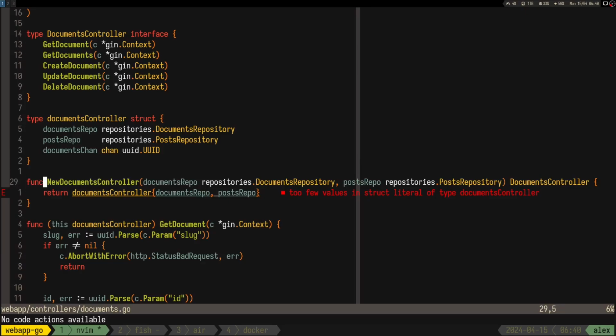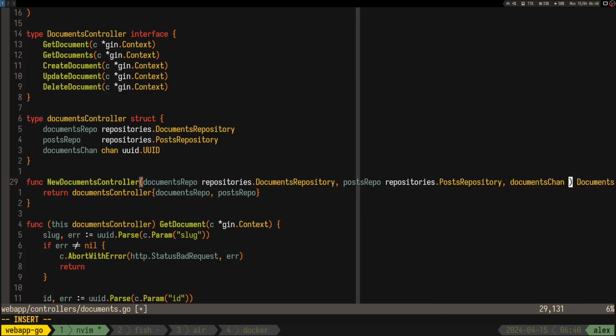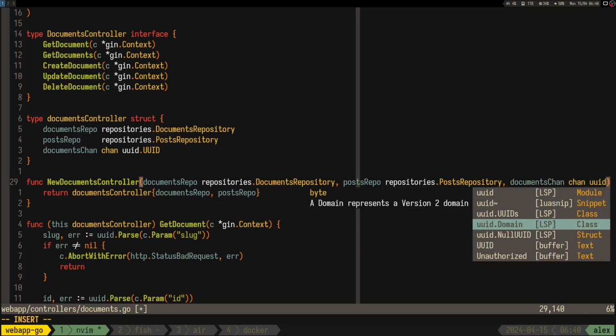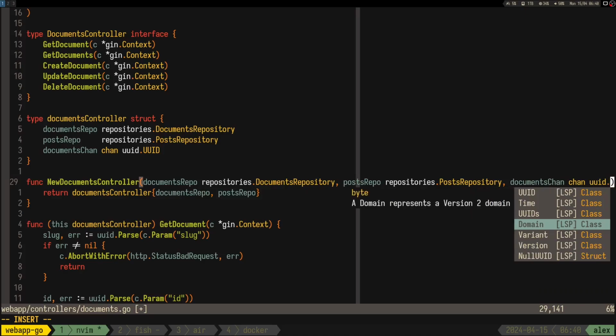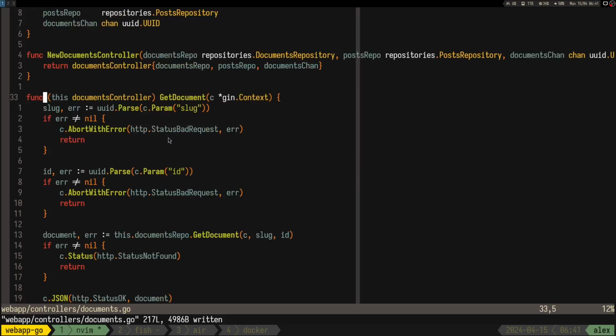Looks like, yeah, it does. So that means we also need a documents channel and the UUID, and here let's put the documents channel. So yeah, let's just imagine that we have it. We'll create it in main, but